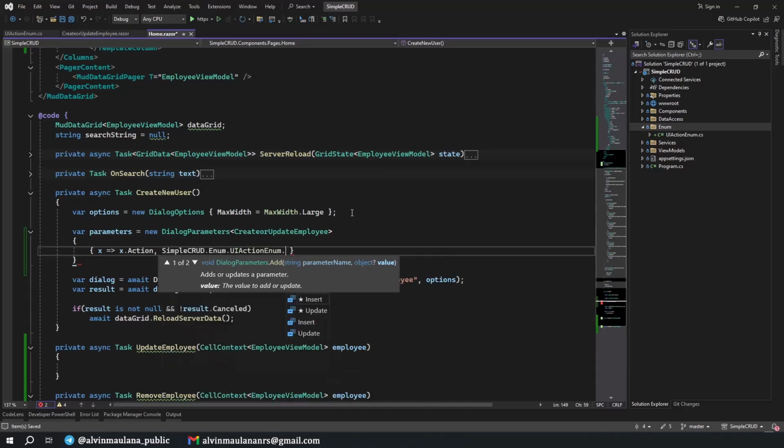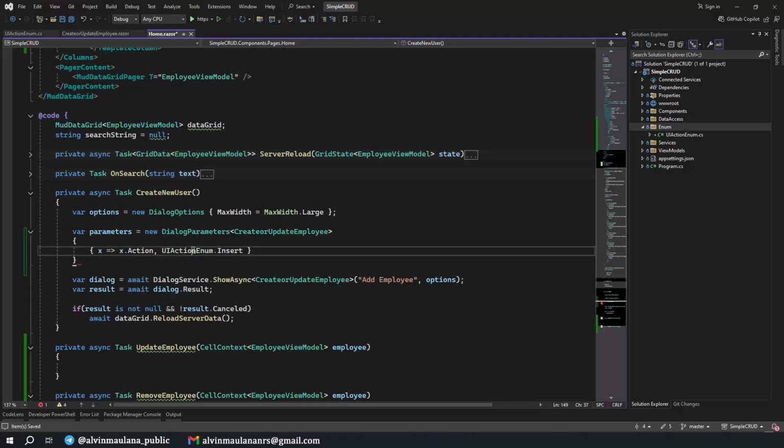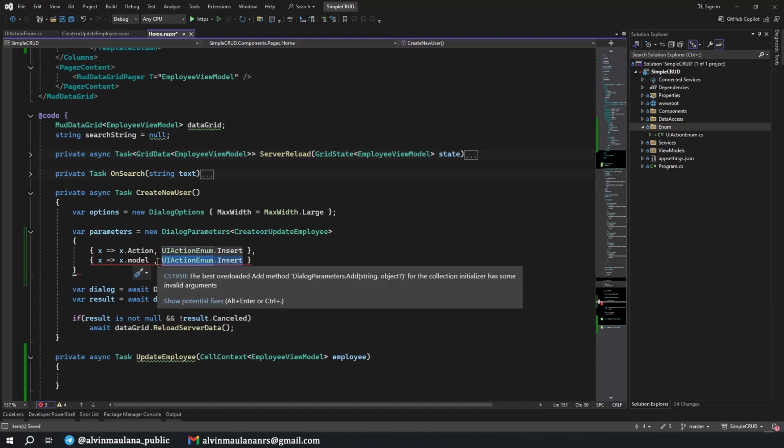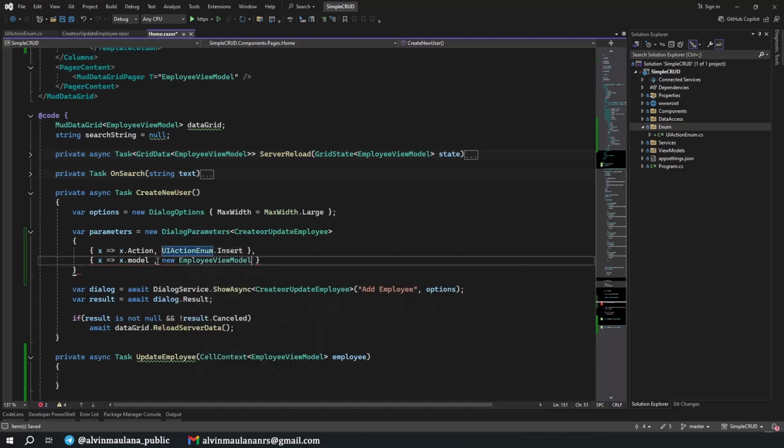We will set the value to insert. Okay, I don't want this long, just adding the reference, and then duplicate it. And for model, okay, I need a comma here. Model, why is there no autocomplete? Model, it's just an empty employee view model.